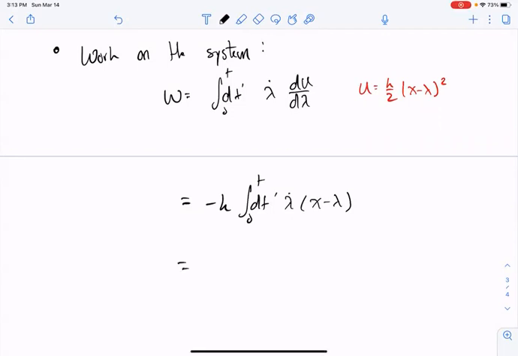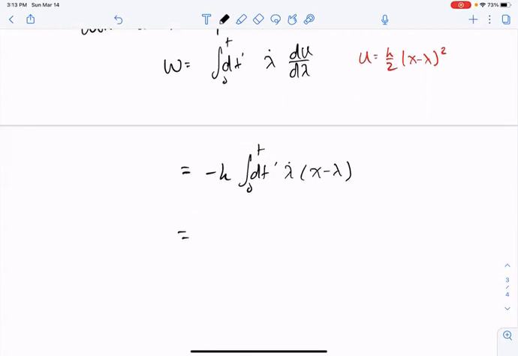We could add 0 in a creative way, such that we have lambda dot less x dot times x minus lambda. That's adding minus x dot times x minus lambda. If we subtract it back off,